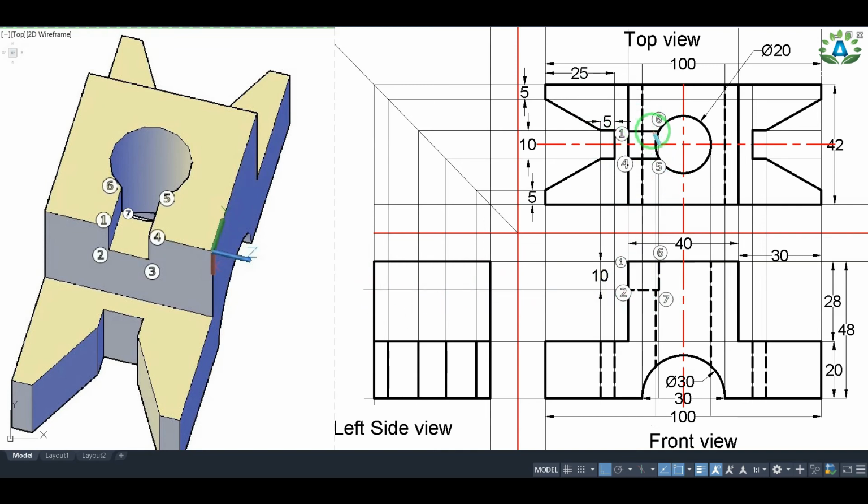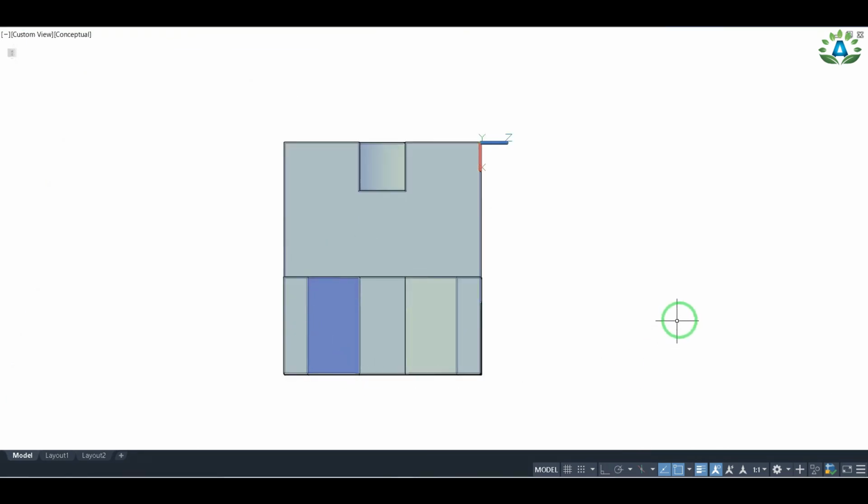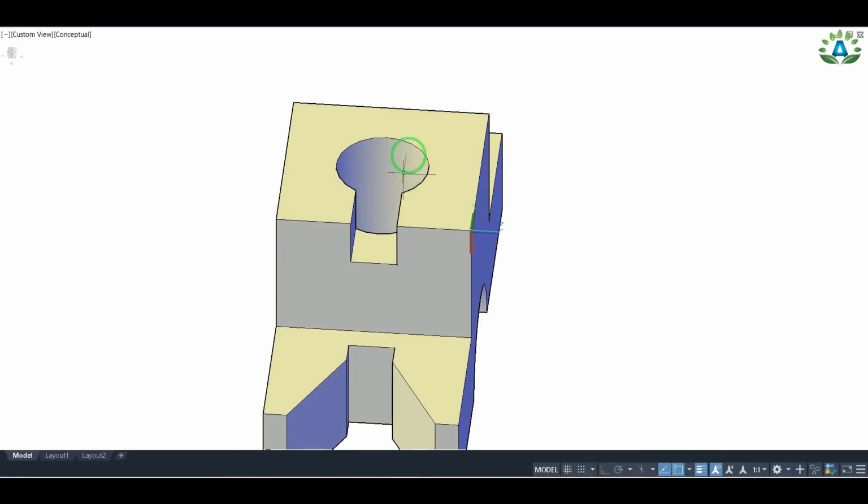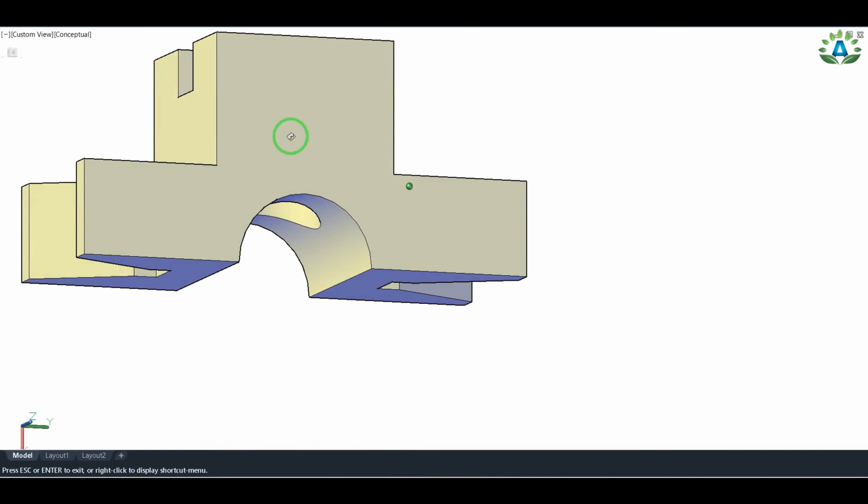And we can see that the lines coming from this cut portion, that is this line, and this line has already been projected, so we can easily locate our cut over this portion. So I'm going to make this portion as a solid dark line. Now we have drawn all these exterior lines, but now we have to draw the hidden lines for this side view, and we will be able to see the hidden line coming from this circular portion because it is a complete hole up to the bottom.